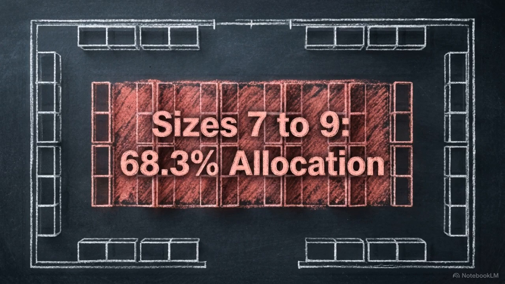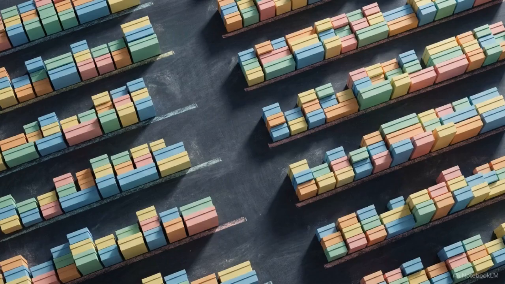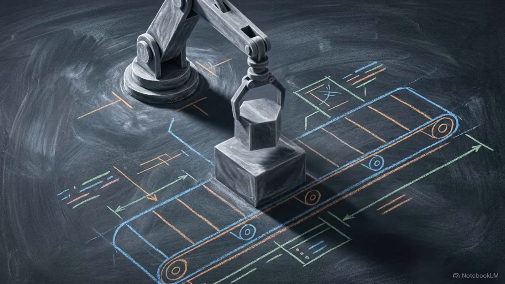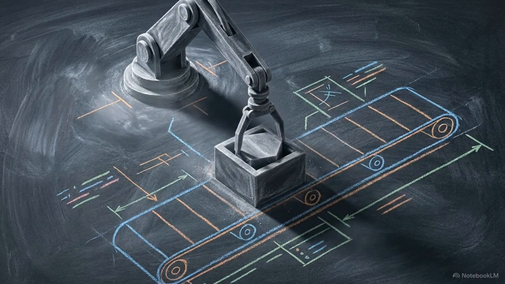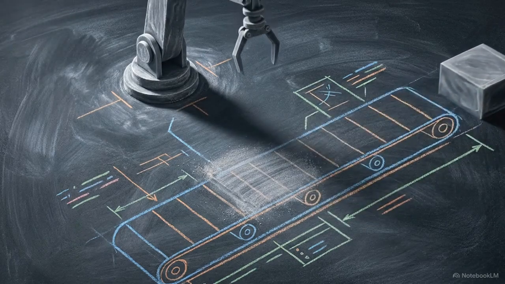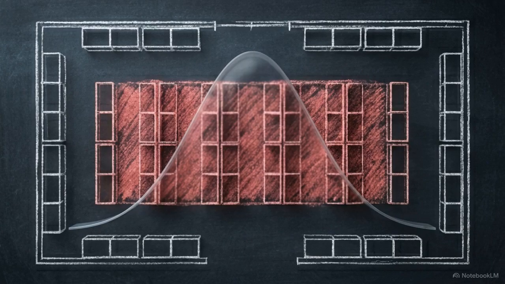Retailers apply these percentages to physical inventory. This warehouse layout allocates 68.3% of shelf space to sizes within 1 standard deviation of the mean. Mapping inventory to central boundaries aligns physical supply with the highest mathematical probability of future demand. For the rare demographics falling outside the 2 standard deviation boundary, businesses often switch to highly targeted marketing rather than maintaining large general stock. The empirical rule allows capital and space to be allocated based on statistical reality.